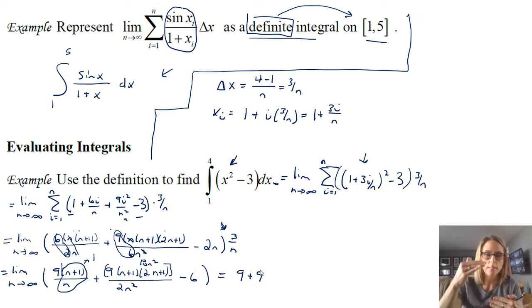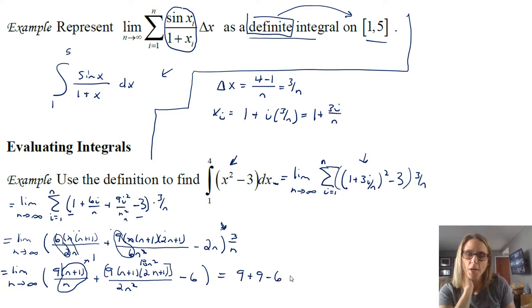So the key thing to see is the exponents are the same, they have the same highest degree, and so when you take the limit, you're just taking the ratio of the coefficients. And then we still have our minus 6 over here because we did not lose that. And that's going to give us 18 minus 6, or a 12.